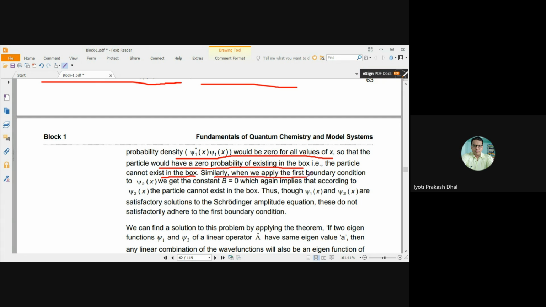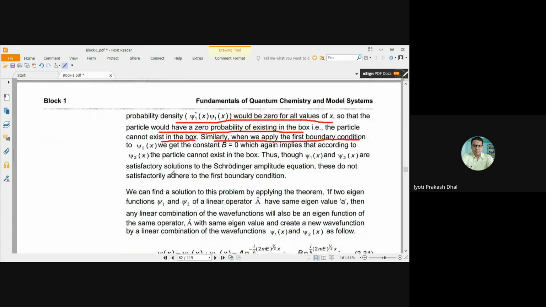Similarly, when we apply the first boundary condition to the second wave function psi 2, we get the constant B equals 0, which again implies that according to the second wave function psi 2, the particle cannot exist in the box. Thus, psi 1 and psi 2 are solutions of the amplitude wave equation, but this does not satisfactorily apply for the boundary condition,